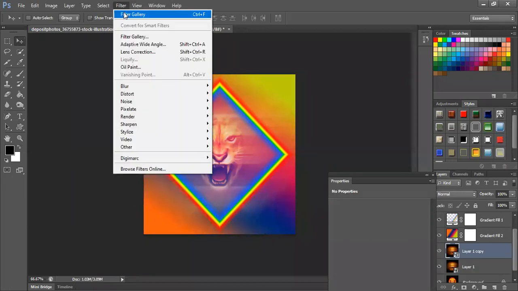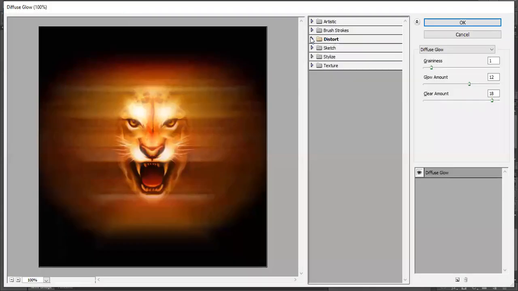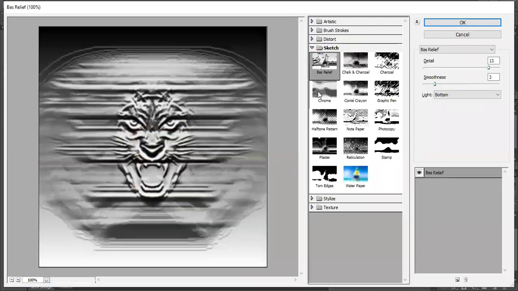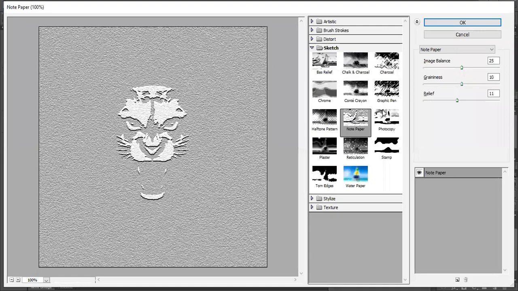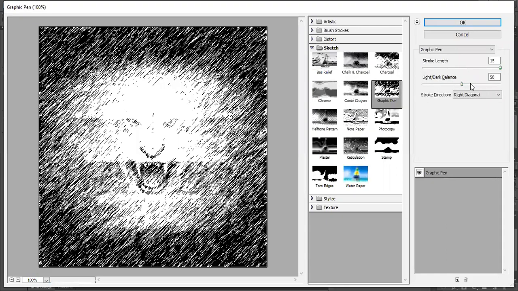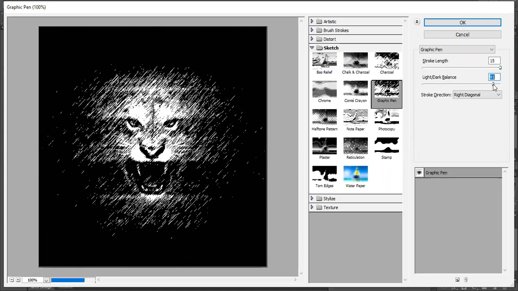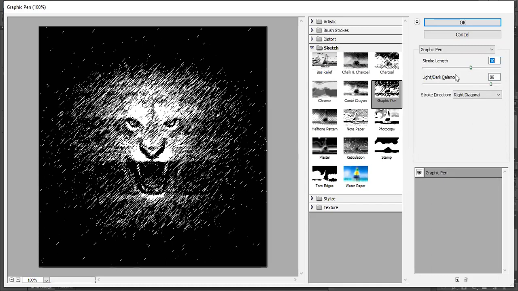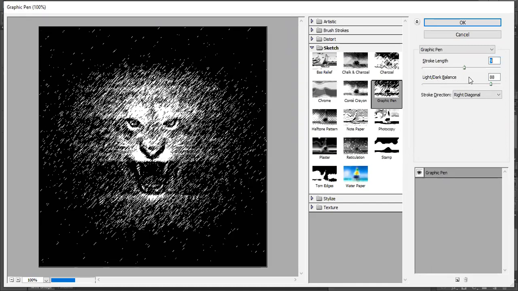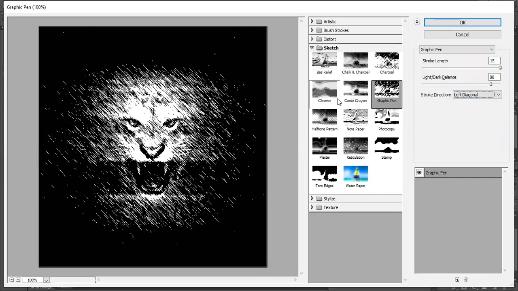Again, in the filter gallery there are a couple of effects. I am just giving you some examples up here. You might like the sketch effects up here. You have a few of them. See, again here, you can reduce the dark balance, light balance up here so that you get the effect. Even the stroke length, if you feel it's too much or too little, you can play around with this. The direction of the stroke, I wanted left diagonal, right diagonal. So yeah,